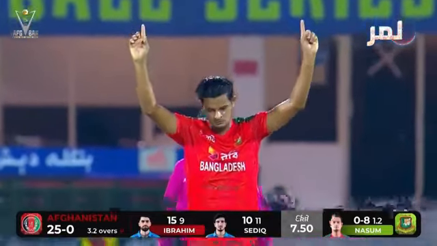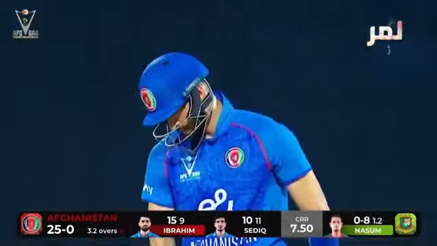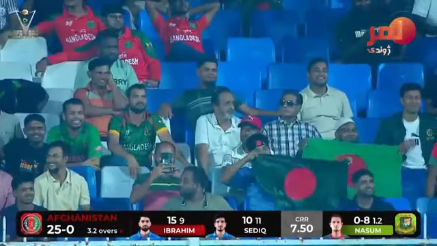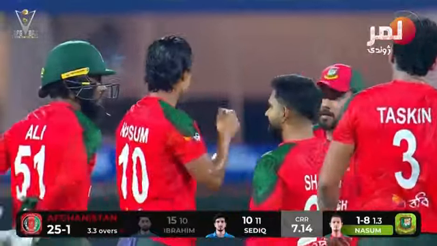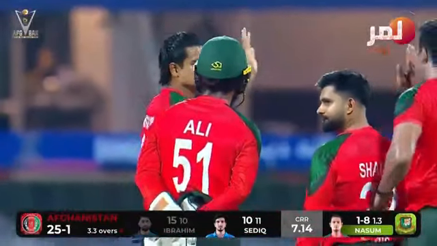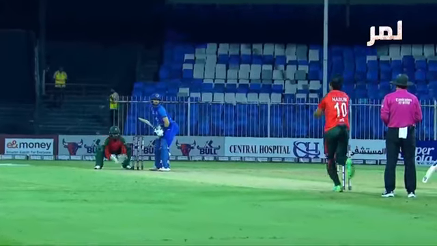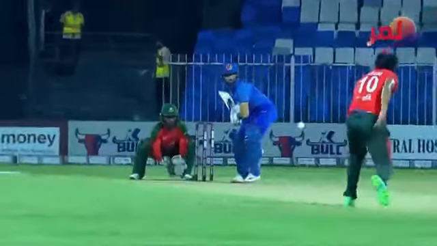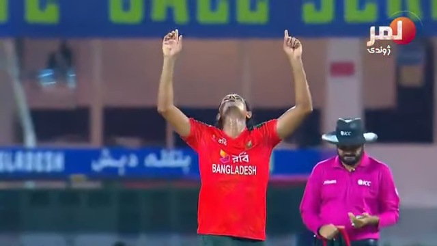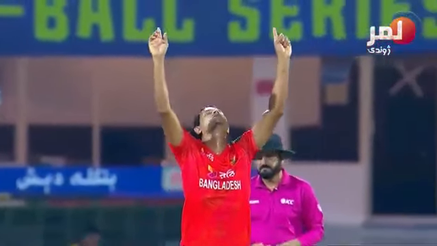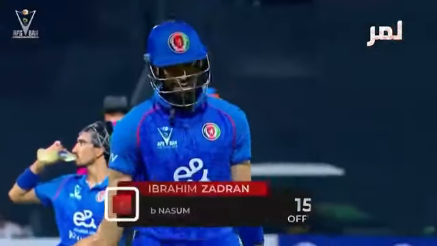Masumi strikes for Bangladesh. What a great stroke from Ibrahim. Afghanistan lose their first wicket. You gotta give credit to the fielding effort which put Ibrahim on the strike. He saved 1 run. That meant Ibrahim will be on the strike, and then the ball, Ibrahim looked a little unprepared, I believe, and then went for the shot. I think he under-edged it and it went on to the stumps. Nasu once again gets Ibrahim Zadran out, and Afghanistan lose their first.